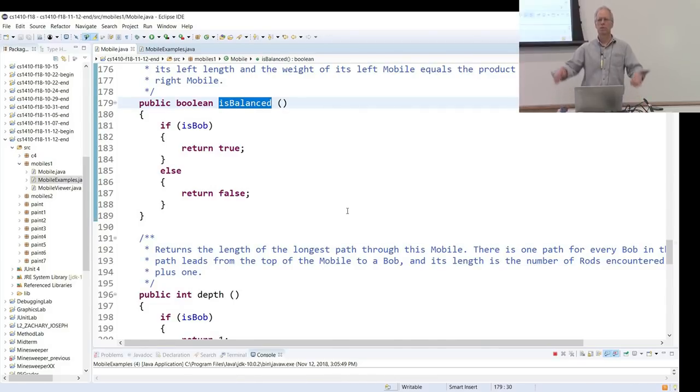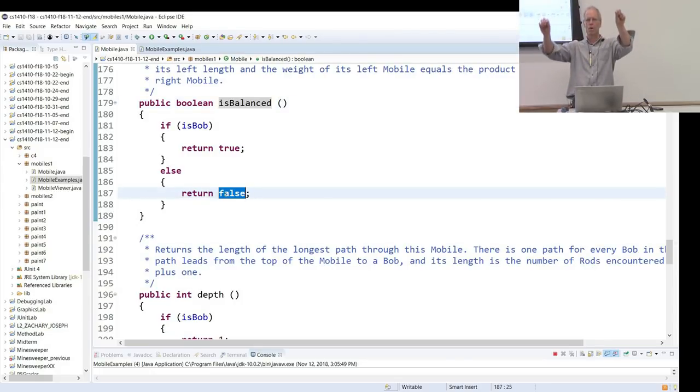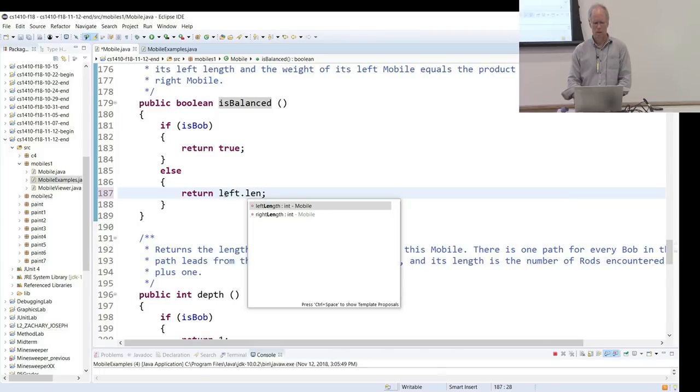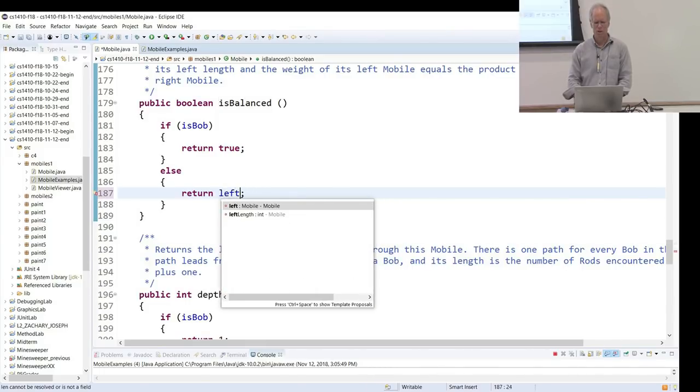So the first thing that has to be true is that if we're dealing with a rod, we've got to make sure that rod is level. So how do we decide the rod is level? Yeah? The length of the left side times the weight of the left side equals the right length times the right weight. Okay, so I think what you said was it's the left length